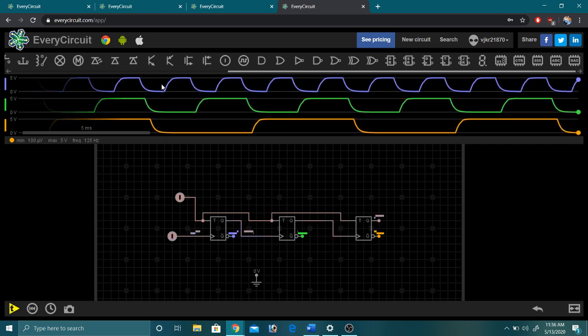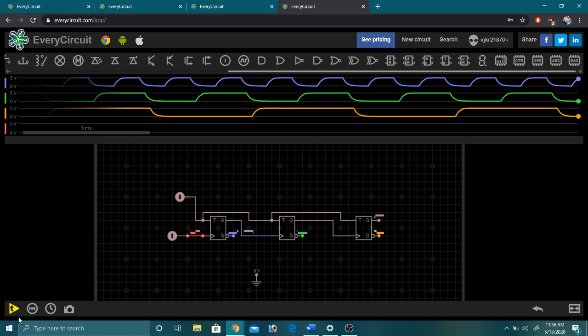So we'll start here 0 0 0. We are counting in this way: 0 0 0, then 0 0 1, then 0 1 0, 0 1 1, 1 0 0, 1 0 1, 1 1 0, 1 1 1, 7. Means from 0 0 0 till 1 1 1. This is the reading what we are expecting. Just to beautify, we'll add a waveform of clock also. Let's run it.